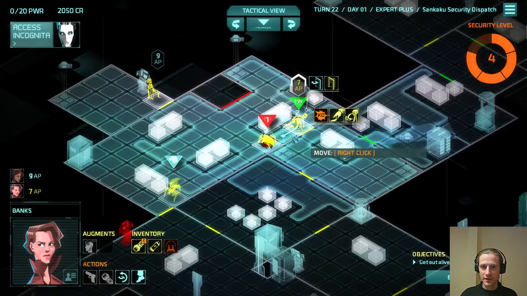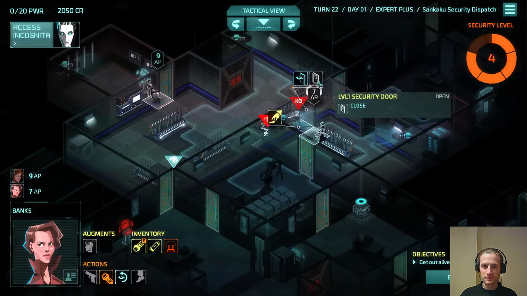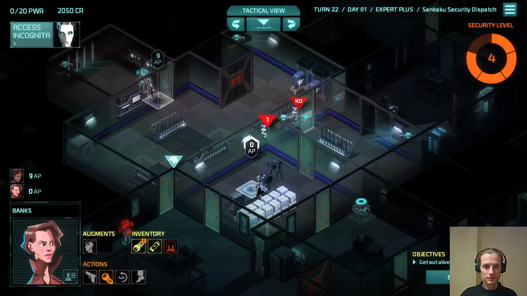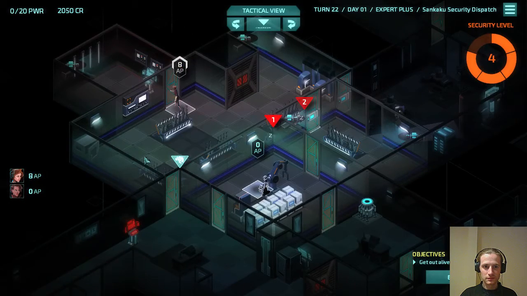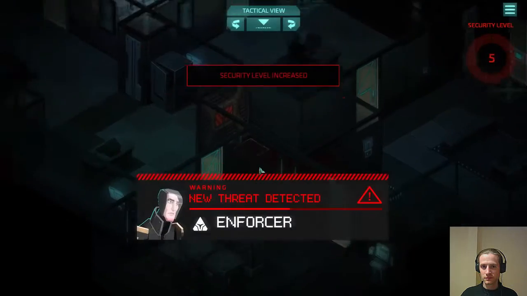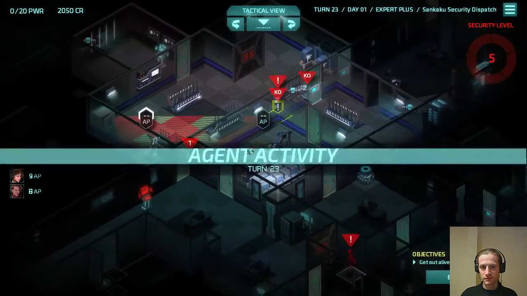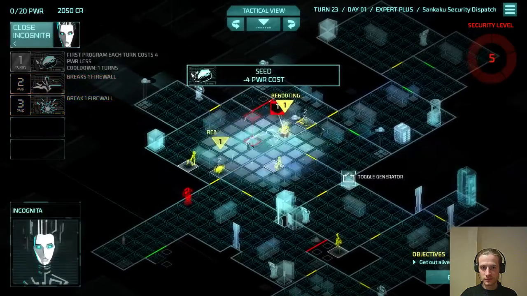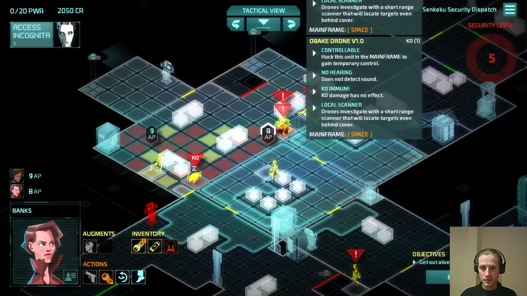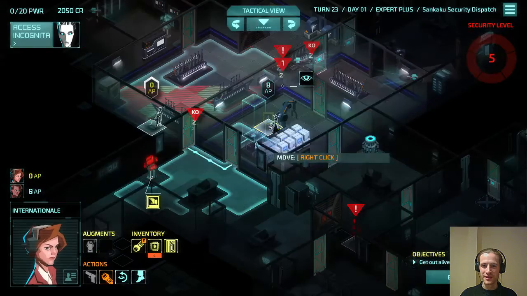I think it's actually time for us to start making a run for it. Alarm level 5. Enforcers deployed. Recommend extreme caution. Maybe this wasn't such a good idea to move this drone over here. I don't know why I did